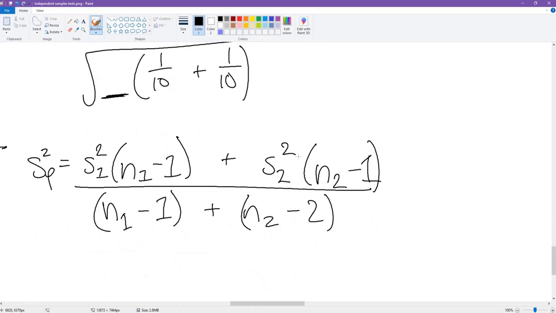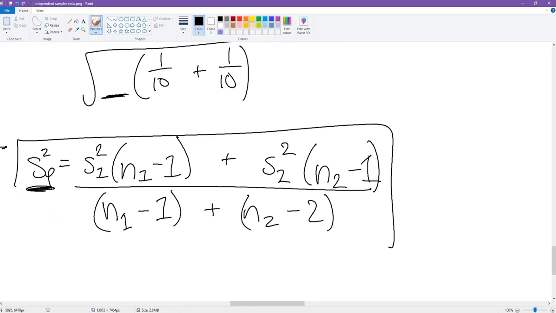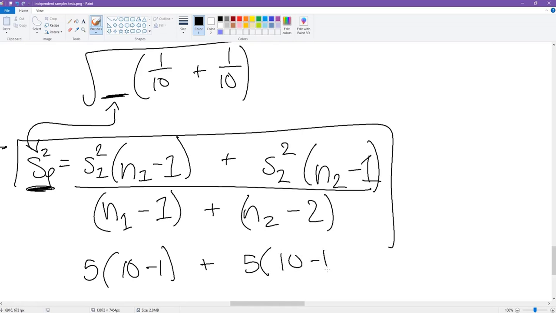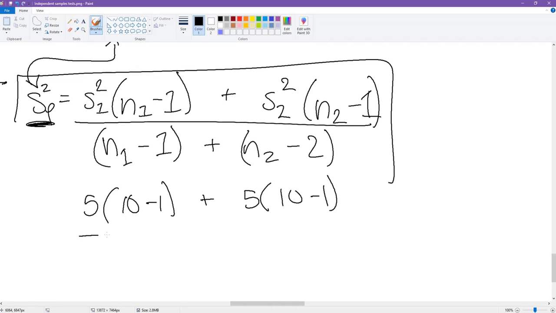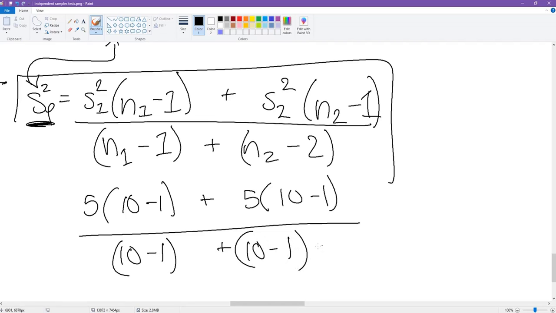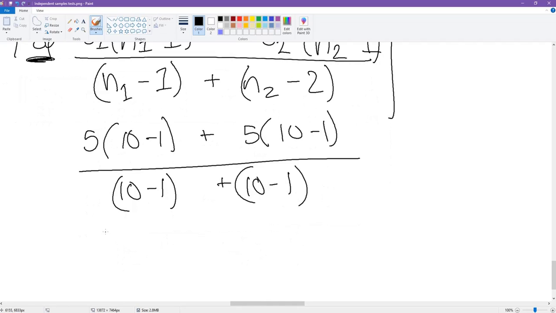So what do we need to do? Well, I need to start plugging numbers in so that I can get my pooled variance and plug that in here. Well, I had a variance of 5 in my first group. I had 10 dogs minus 1. I had a variance of 5 in my second group and 10 dogs minus 1. Hey, I only have to do the math once because I was really lucky in the numbers I chose. Then I have 10 dogs minus 1 in my first group plus 10 dogs minus 1 in my second group. So this basically sums down to,